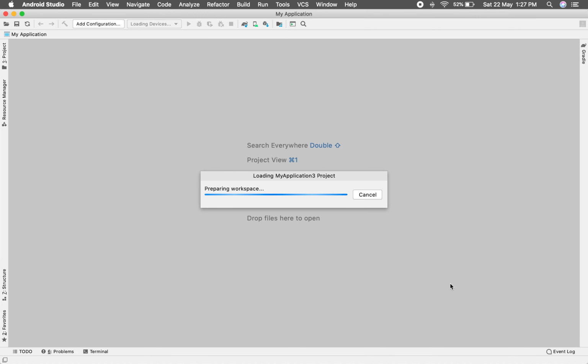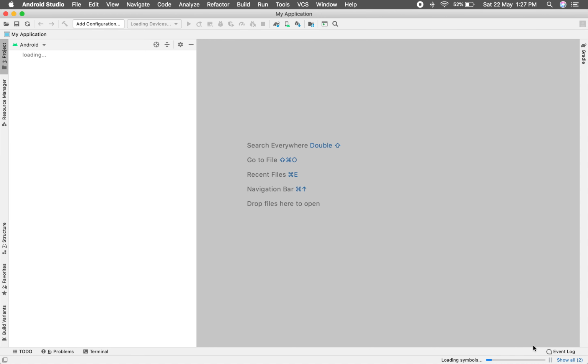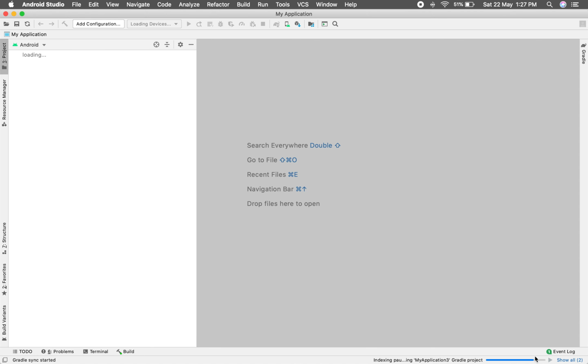Once the finish button is clicked, Android Studio will quickly load all the required dependencies for the project. You can see here it starts indexing your project and all the files auto-generated for you. This is a simple tip of the day dialog which appears. You can just close it for now. On the right side you can see your files getting indexed, so that when you search for a file, Android Studio can easily refer to it and provide you an autocomplete list of files.